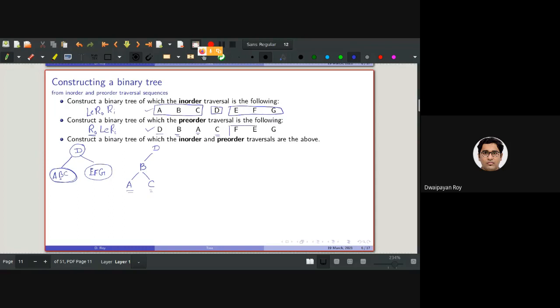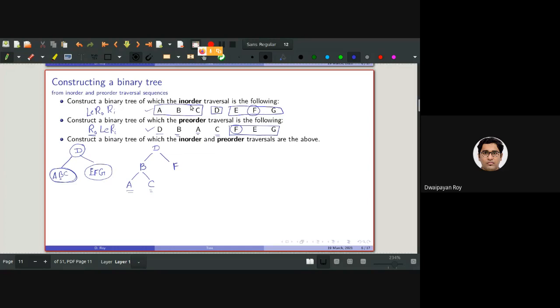Now look at the order of EFG in the pre-order traversal. In the pre-order traversal, as we have seen, it is root, left, right. So what will be the root? F will be the root. So F will be the immediate right child of D. And F is in the middle.